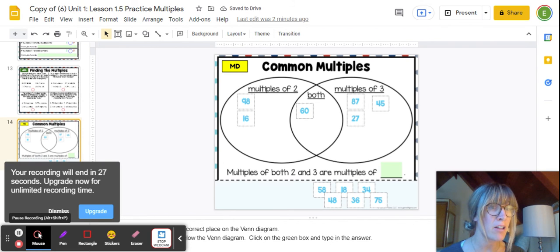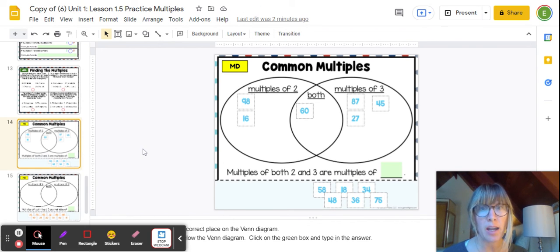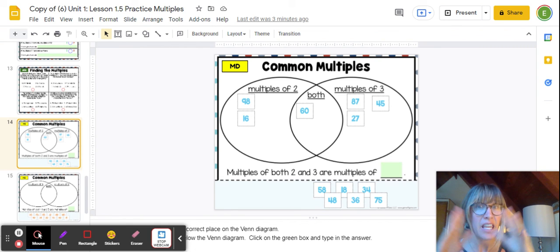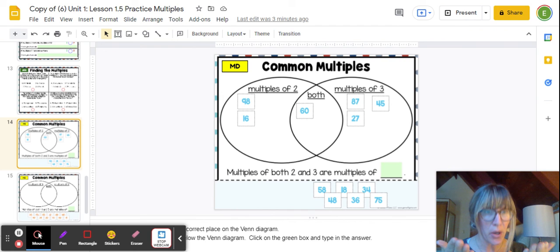Here we've got our old pal Venn, right? So we are comparing what is only a multiple of 2, what is only a multiple of 3, and which ones share. You can see some examples here. Remember that if it is a multiple of 2, it ends in an even number. If it's a multiple of 3, you can add the digits and you'll see if the number is divisible by 3. If it's both, right, then it's both even and divisible